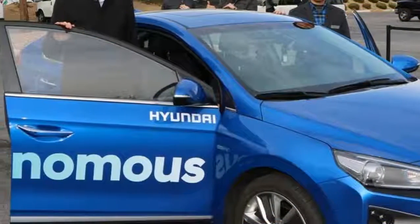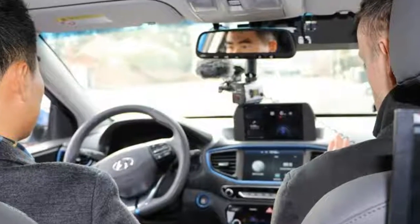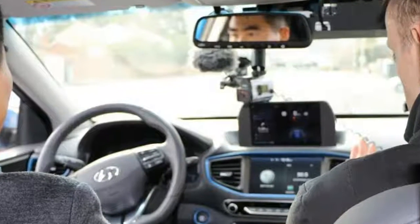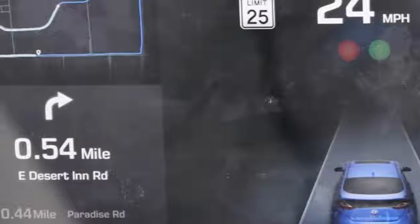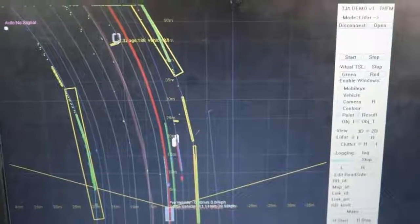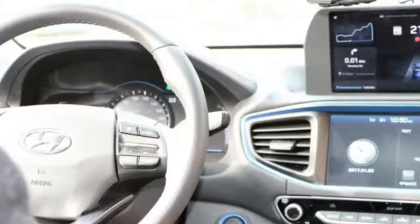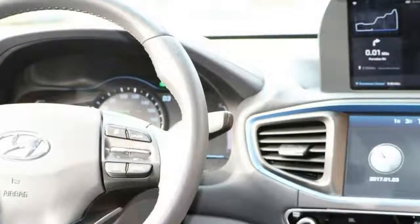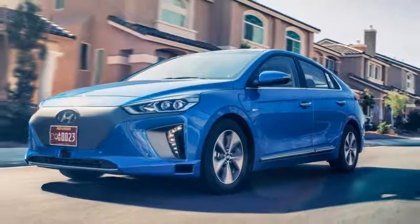Hyundai's Ioniq has already blazed a significant trail, being engineered from the outset to accommodate hybrid, plug-in hybrid and full EV tech, the first car in the world to do so. But now the Korean company has added another significant string to its bow, endowing it with autonomous capabilities as the self-driving revolution gathers steam. Auto Express was given an opportunity to sample this latest version of the high-tech pioneer, and